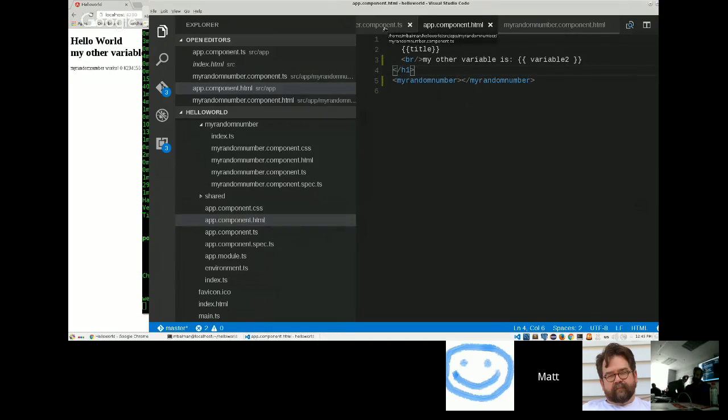There's no real two-way binding in Angular 2, but you can, for all intents and purposes, simulate two-way binding. There's a syntax they call a banana in a box. It's the square box and then the curly brace inside of it. That gives you two-way binding, right? But really, what it's doing is saying the square box means